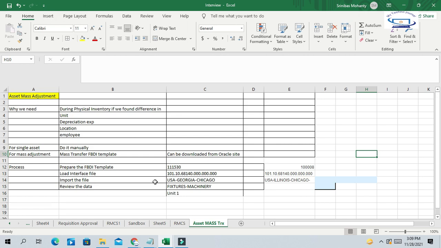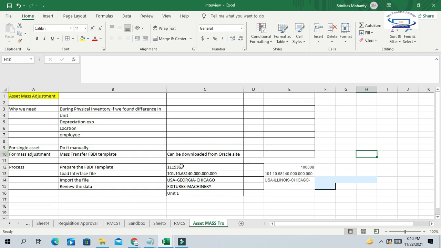When we do the comparison with the Oracle physical inventory process, we can see some differences in units, location, employee assignment or depreciation expense assignment. This kind of differences we can correct through this mass transaction or mass transfer or mass unit adjustment process. How can we do this?